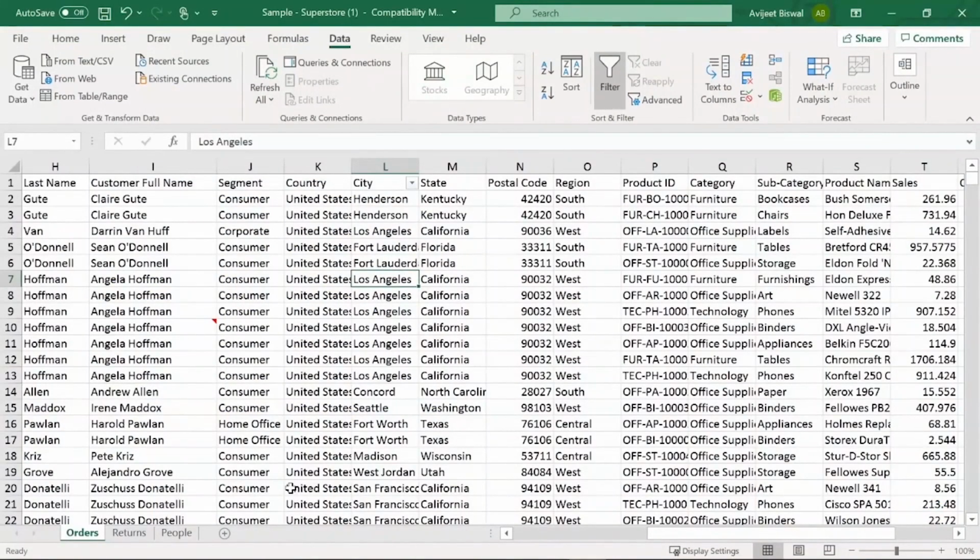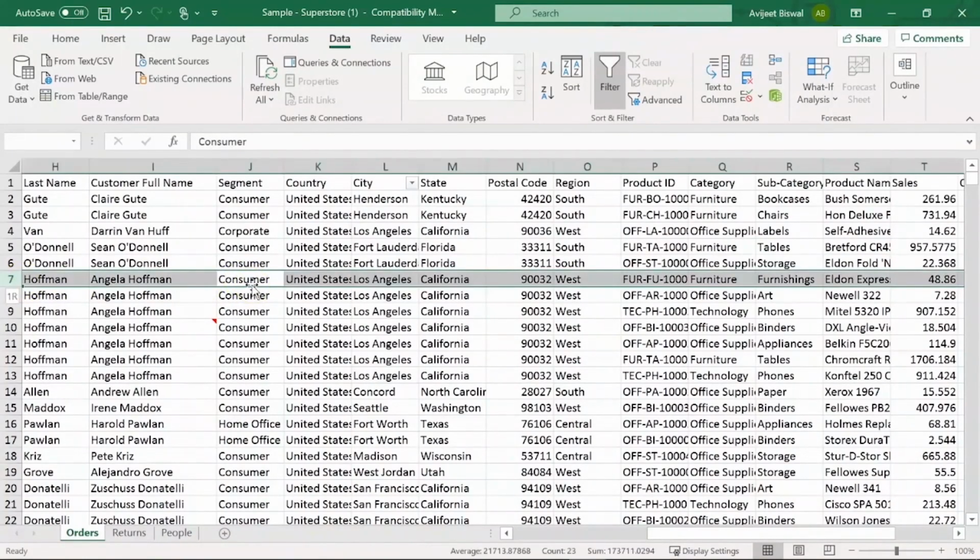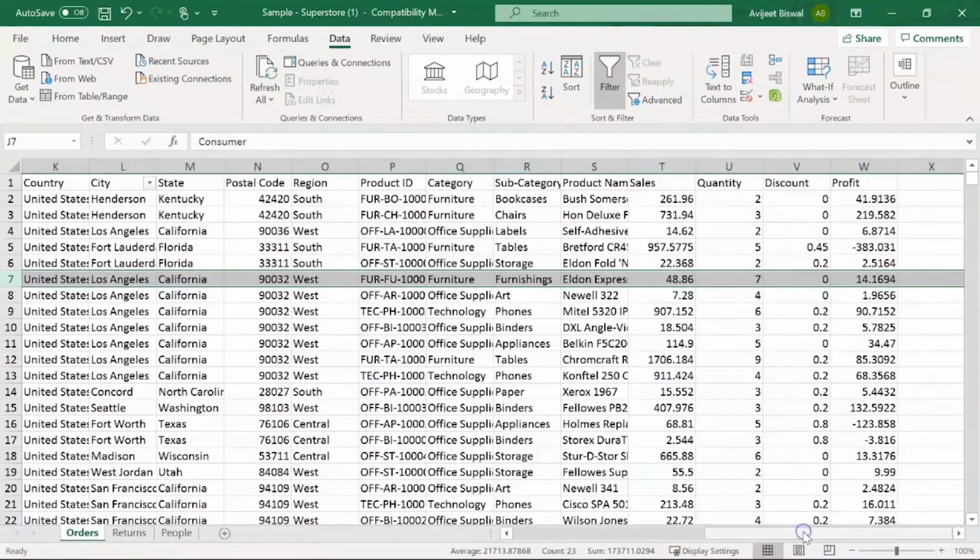Now, if you want to select an entire row, I'll click on a particular cell, and if I want to select row 7, I'll just hit Shift space. So you can see it has selected my entire row.